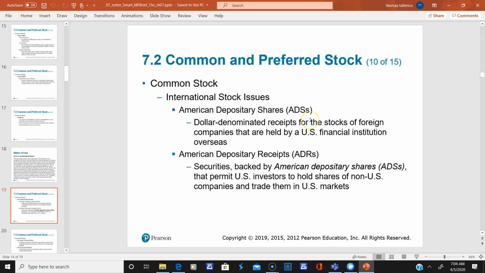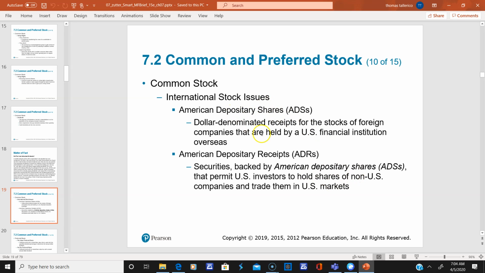All right, so if you want to buy a stock that's international, let's say Toyota or something overseas, or Alibaba, you have to buy what's called an American depository receipt. You can't buy shares of a company that's not traded on an American exchange. So there's an intermediary that's a bank, and you would buy American depository receipts, and these are securities, American depository shares. So these are securities backed by these shares right here. So the receipt has these shares.